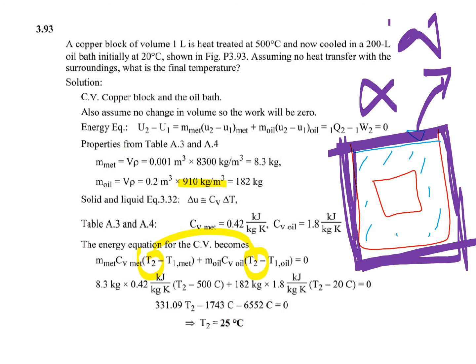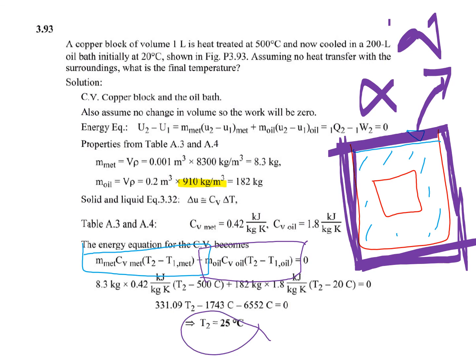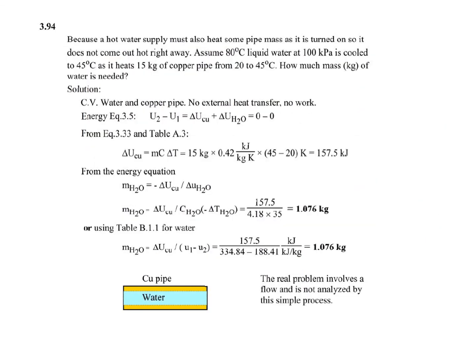It's also a common understanding, and then we can use this formulation that this amount of energy is being radiated or emitted from the copper block, and this amount of energy is being used by the oil to come up at a certain temperature, that is 25 degrees centigrade.